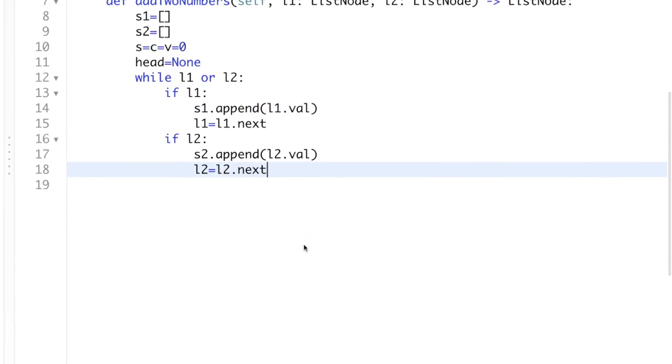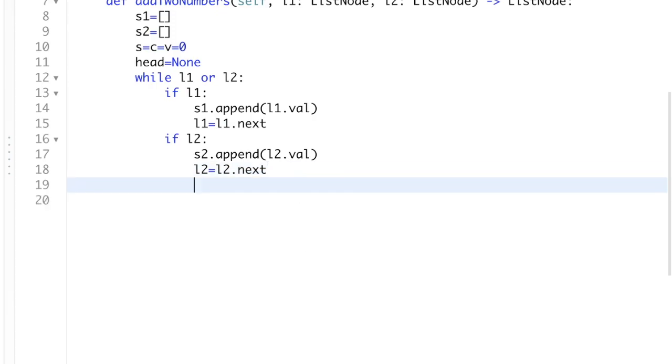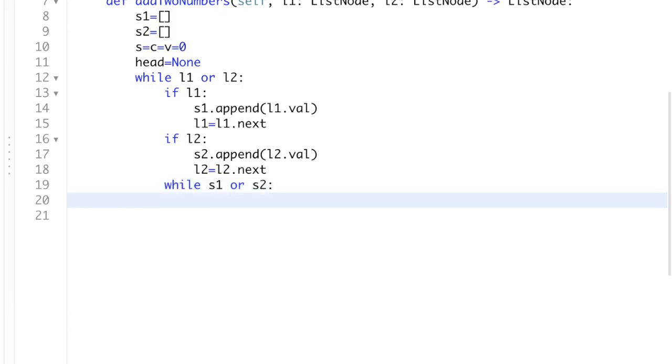So our next target is to pop each element. We got S1 and S2. Now we'll try to pop the elements from S1 and S2. So while S1 or S2, we will take two values, N1 equal to N2 equal to 0 initially.